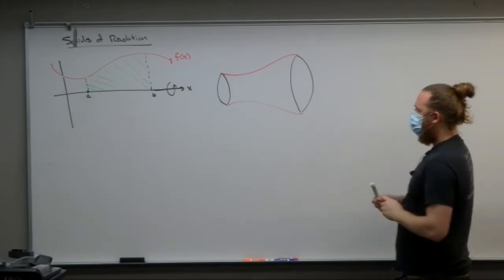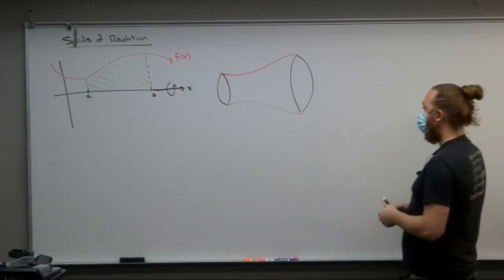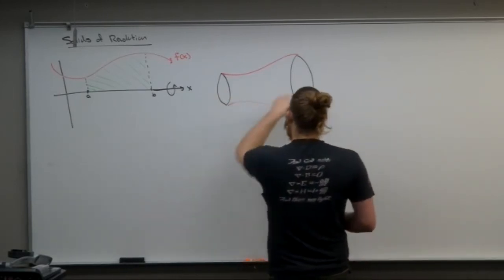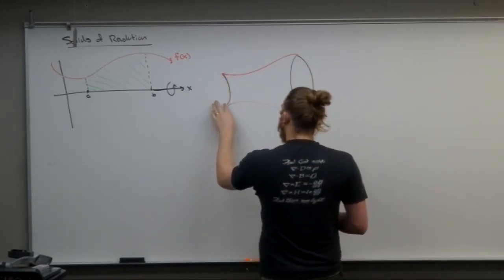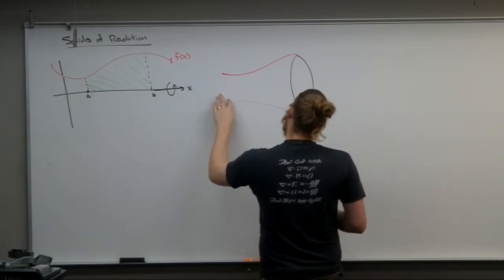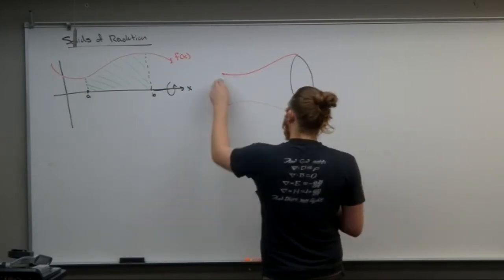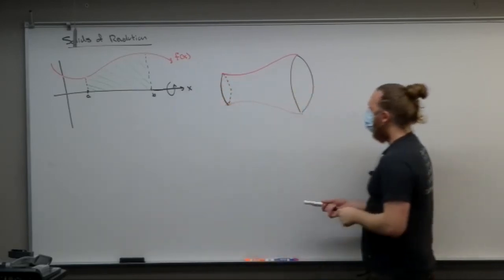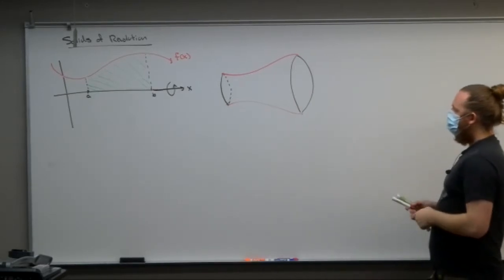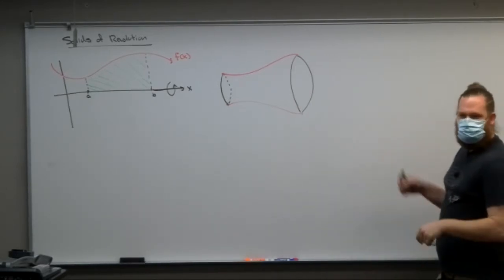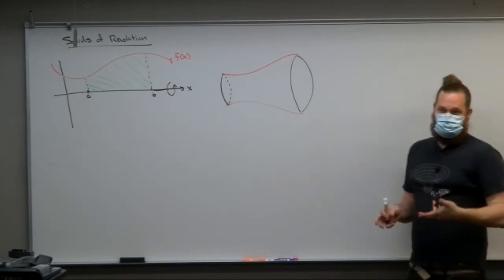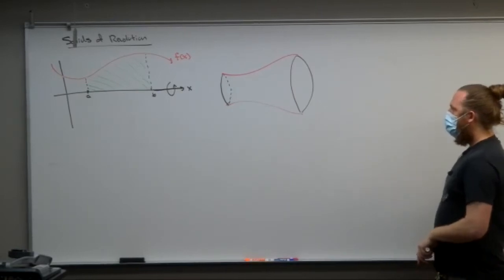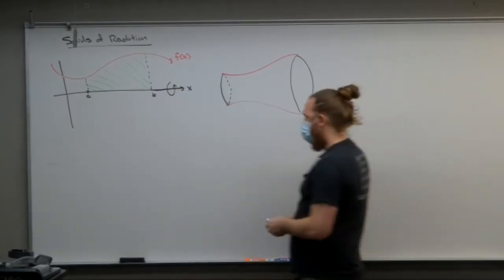Kind of your solid here would look like this. My 3D drawing skills are not the best in the world, but if it's like that, then this one should be this one. So flower vase or whatever, right? There's lots of shapes you can get this way. Spheres and ellipsoids can be achieved this way by rotating circles and ellipses. And to get the volume of this thing,